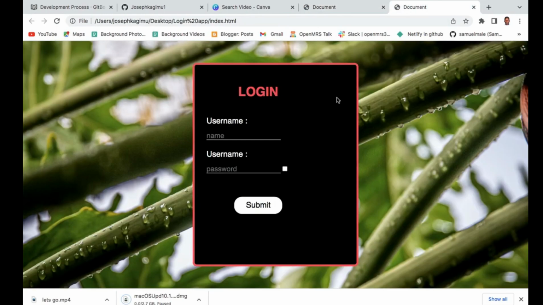Once we come back to our app, and once you enter something like your name, and then for the password, you can check for your password. And once you log in, and once you submit,